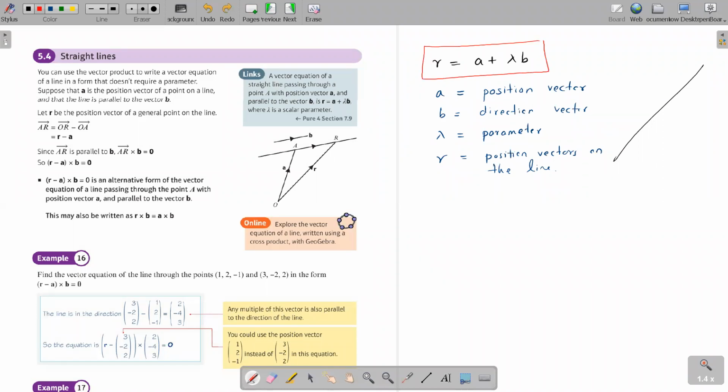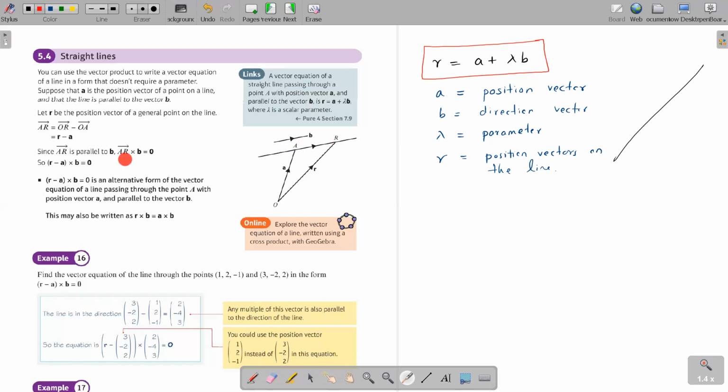But now over here, in F3, the equation that you are using is a little bit different. So look at this. They have marked the point A. The position vector is a. r is a general coordinate and O is the origin. So vector OA is a, and vector OR is r. Are you guys okay? And the direction vector of this line is b.